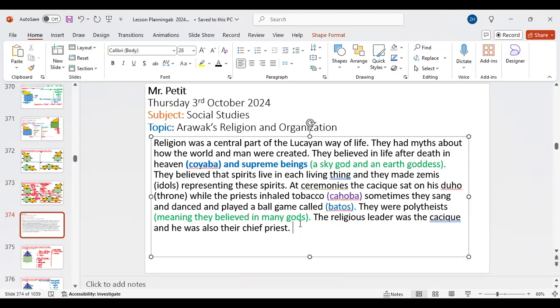Now, in terms of the responsibilities that the cacique had, right? So the cacique had many responsibilities. If anyone says they want to be a cacique, you have a lot of privileges. He had a lot of power, a lot of authority, a lot of say. He had the final say in everything, but he also had a lot of responsibility too. So the cacique had many responsibilities, such as